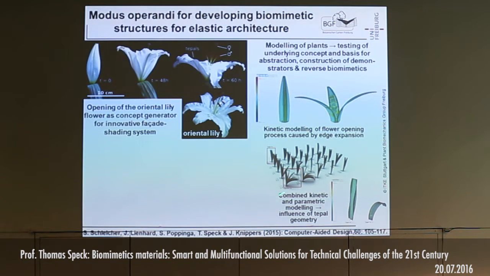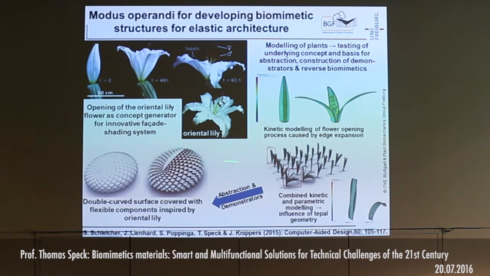Then we try to combine kinetic and parametric modeling. So we try to understand the influence of the table geometry, and you get this kind of room of possible structures and possible forms. Some of these forms are formed in a way that you have no chance to open them by edge expansion. Others work, so we understand the places or the forms which work and which don't work, which again helps us to understand biology better. Equipped with this knowledge, we do abstraction and we build demonstrators for double curved surfaces, which